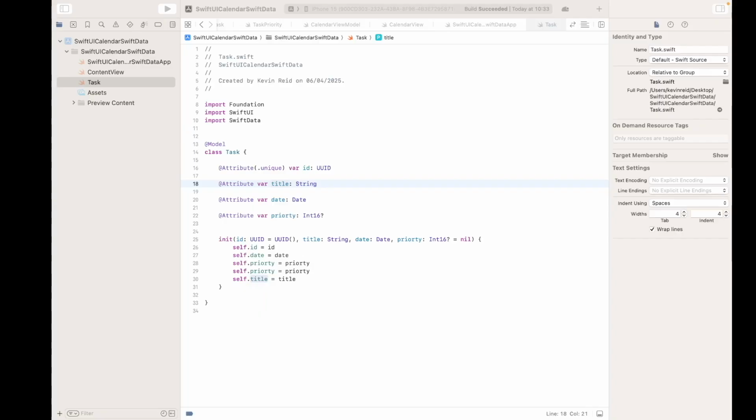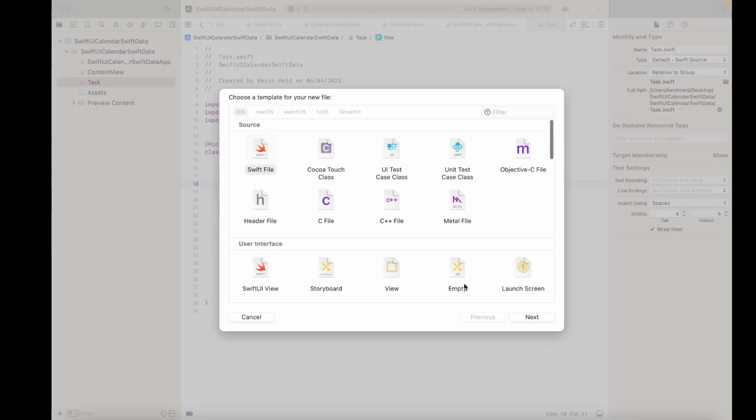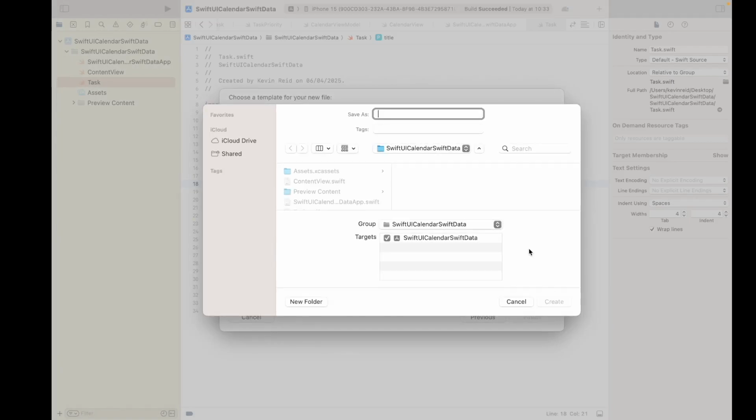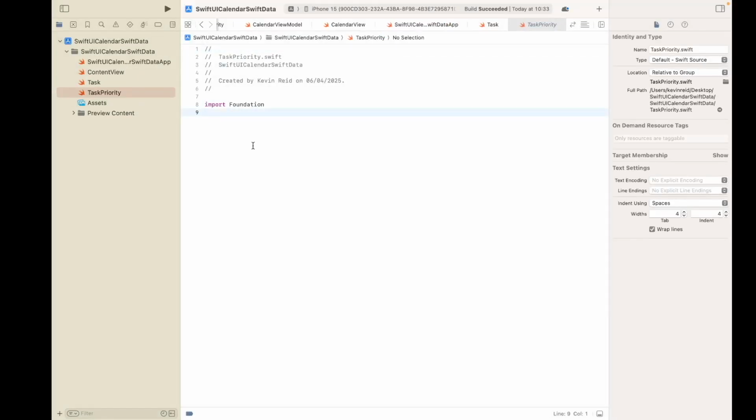The next file we need to create is called TaskPriority. The purpose of this file is to give each task a priority, such as low, medium, or high. We need to create another Swift file. Name the file TaskPriority. Add the following: enum TaskPriority,